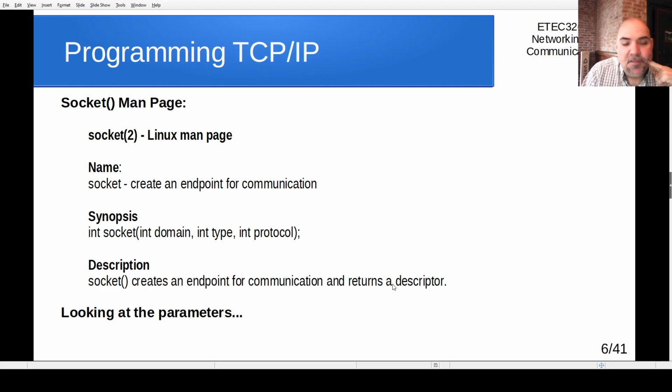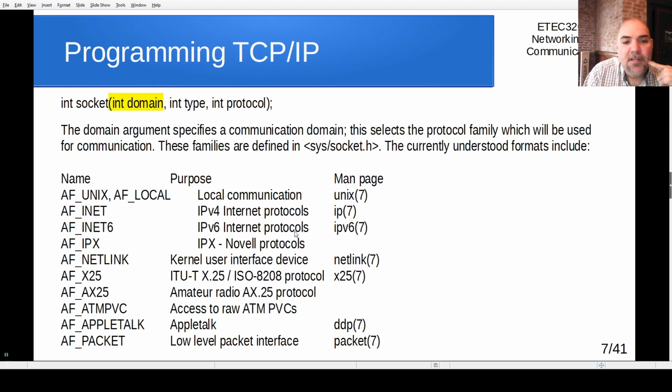Now, let's take a quick look at the parameters and what it expects for each of those, because that's going to be something that we're going to need. Let's start off with domain. Notice it takes an integer. It says the domain argument specifies a communication domain. This selects the protocol family which will be used for communication. These families are defined in sys/socket.h. The currently understood formats include, and notice again, like we said previously, that there is a large range of these possible